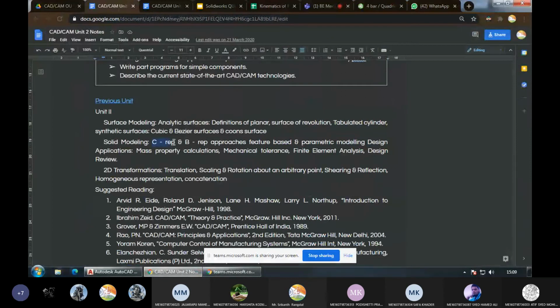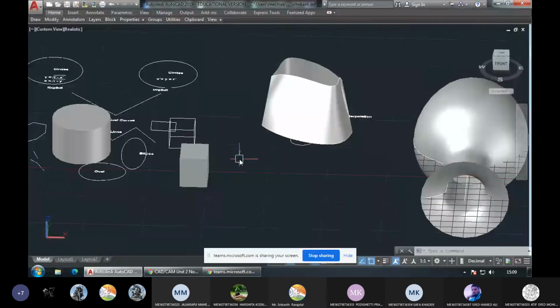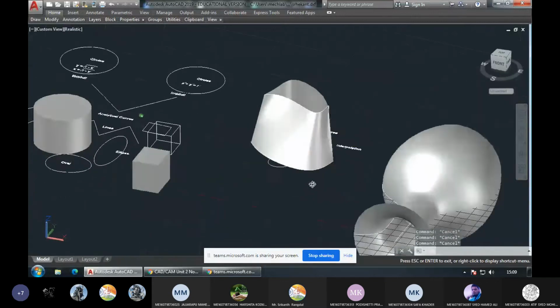The C-rep method is used by the modern CAD software, which is also called the constructive representation geometry, whereas B-rep, also known as boundary representation, is followed by some of the older softwares like AutoCAD. Here you can see I'm in AutoCAD right now.